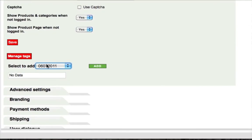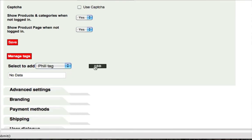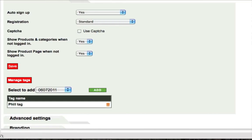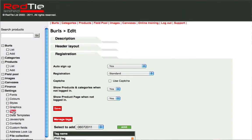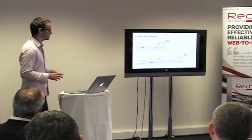So this feature's been revised, and the ability to tag new users as they register is now available, which means you can tailor a store to act differently for a new customer compared to how an existing customer will see the store. Lots of application for that within business and B2C, so